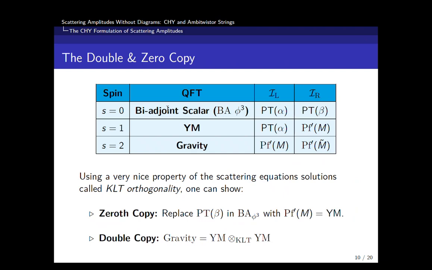Yeah, so these KLT orthogonality relations, you have this kind of matrix that's entirely in terms of the kinematic invariants, but it also depends on your color orderings here. So what happens is when you absorb the integrands together through this KLT orthogonality, it absorbs that color, and that's where you get the Pfaffian squared property.